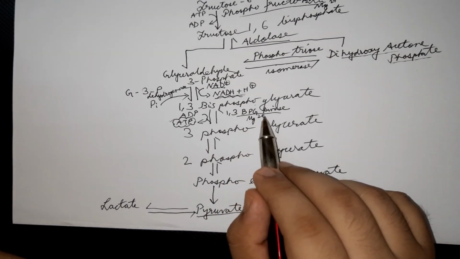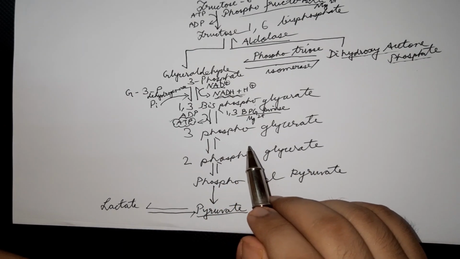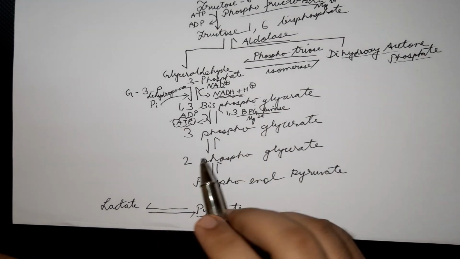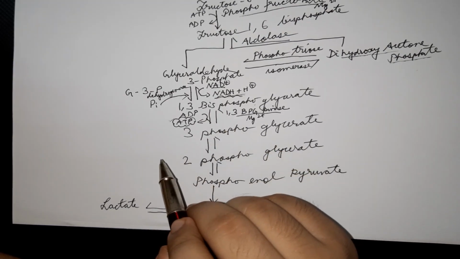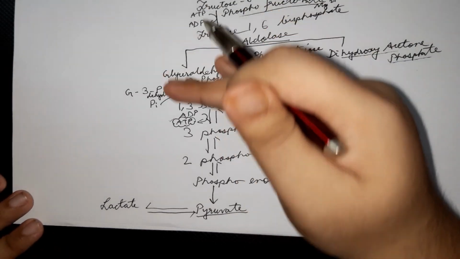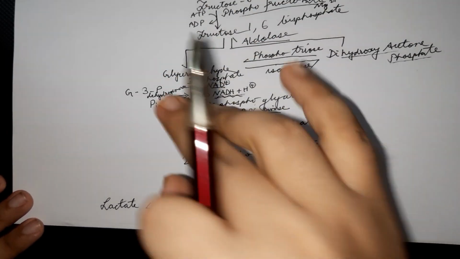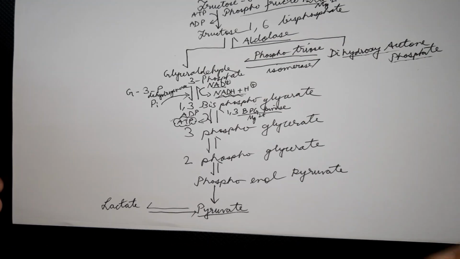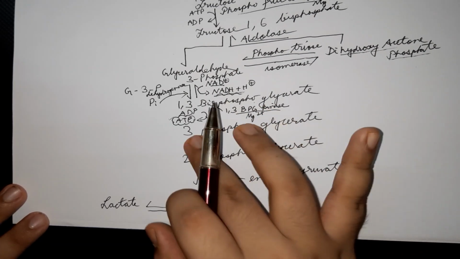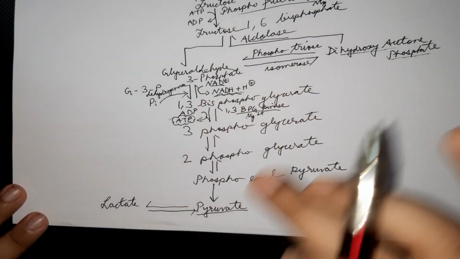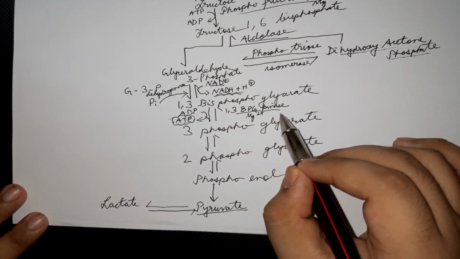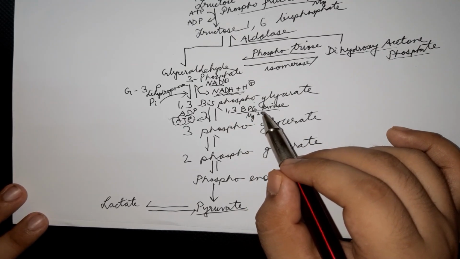Now the name of this enzyme is a kinase, but we are not seeing a phosphorylation, we are seeing a dephosphorylation. Why? Because this reaction is reversible. So in the way we are seeing it, from 1,3-bisphosphoglycerate to 3-phosphoglycerate, maybe it's not a phosphorylation, but obviously it's a reversible reaction. So we can see the other way also, 3-phosphoglycerate to 1,3-bisphosphoglycerate. If we see it the other way, we will find that the name 1,3-bisphosphoglycerate kinase is justified.